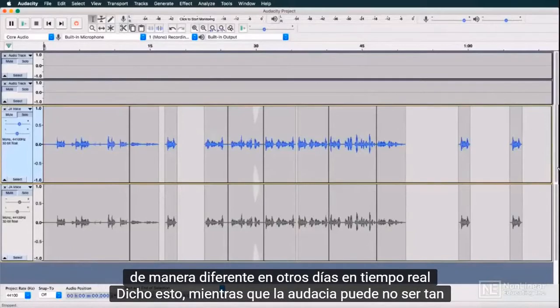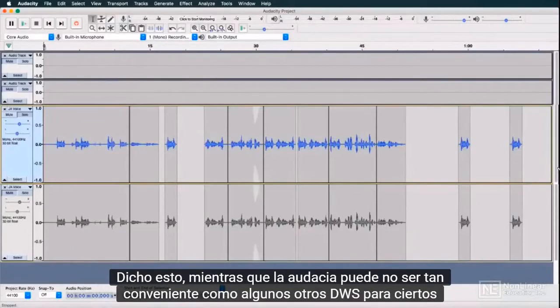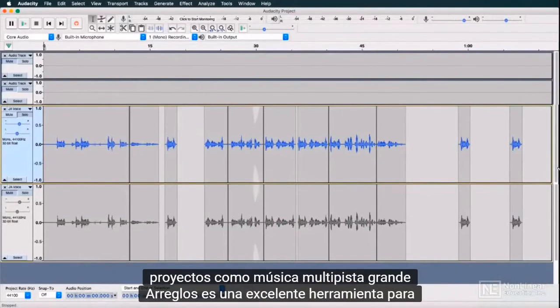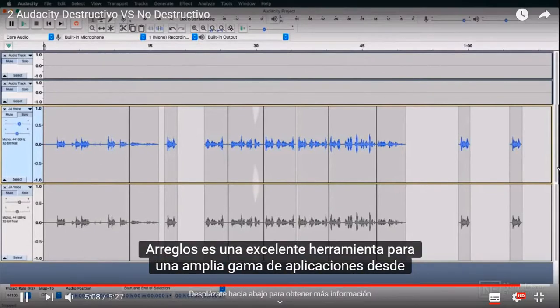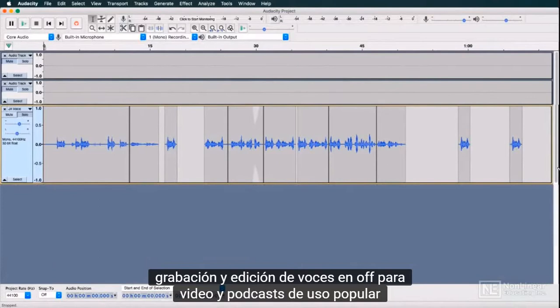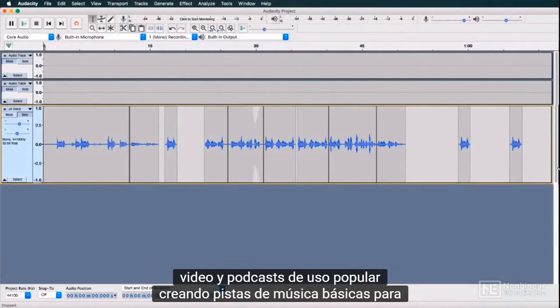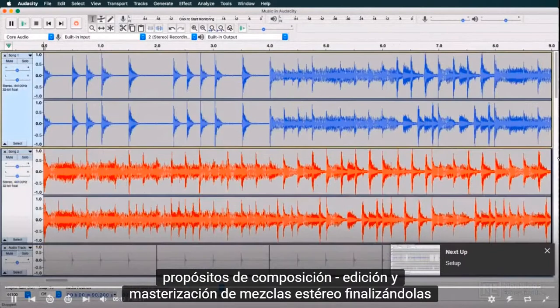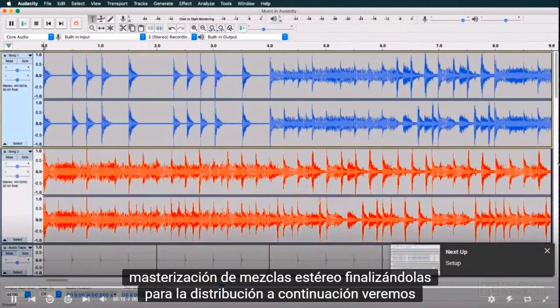That said, while Audacity may not be as convenient as some other DAWs for certain projects, like large multi-track music arrangements, it's an excellent tool for a wide range of applications, from recording and editing voiceovers for video and podcasts, a popular usage, to creating basic music tracks for songwriting purposes, to editing and mastering stereo mixes, finalizing them for distribution. Next,